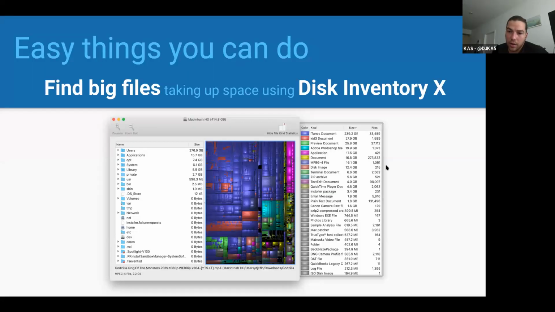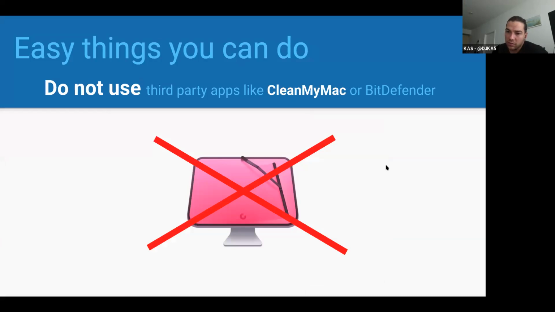Someone just asked on the chat, should I download one of these Clean My Mac type apps for basic maintenance? This is right here. It's my next slide. So I would say don't do that. Again, you're in charge. The Apple computer system is set up to not really get viruses, to not have these McAfee type things that Windows has to have. And I would consider Clean My Mac, Bitdefender, Avast, all these different programs, their business model is to get your money and get your information. The Apple system does not require you to run these things, and I absolutely recommend against them.